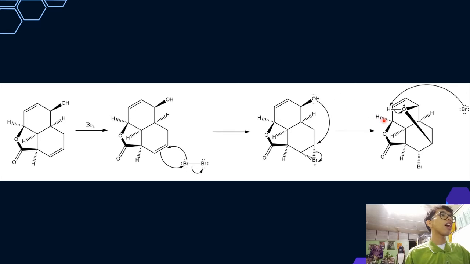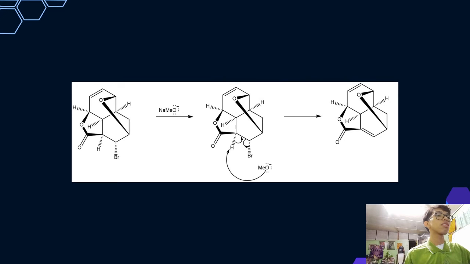So there you have now the oxygen, the alcohol rather, bonded to that carbon, and then the other bromine now comes into play to deprotonate that alcohol. Now that bromine deprotonates that alcohol, which gives us this product here. Now we have two, but we are still missing the alkene here, and we still have the bromine. So what we're going to do is employ sodium methoxide,